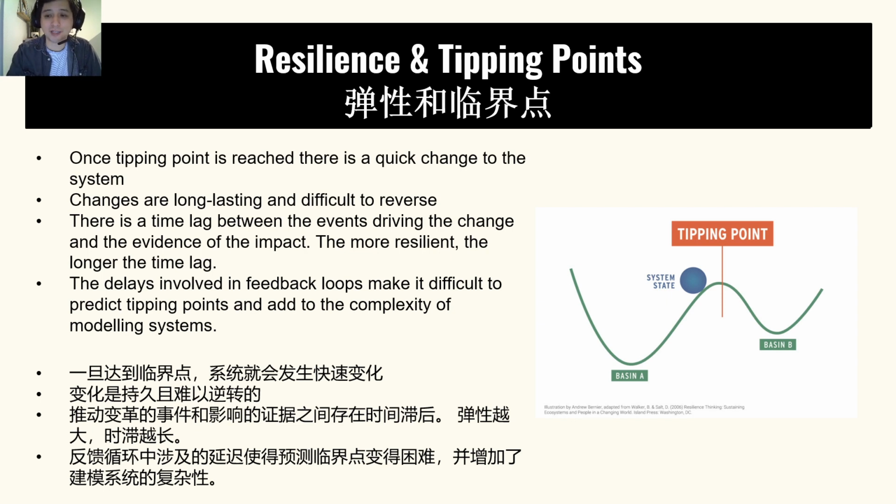So it's best to be proactive, to try to prevent it early, just in case that tipping point is coming soon. And we see in this picture here, the system state moves from one equilibrium, it reaches the tipping point, and it goes into a new equilibrium, right?